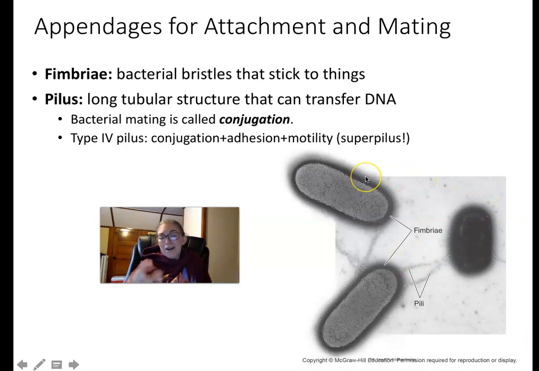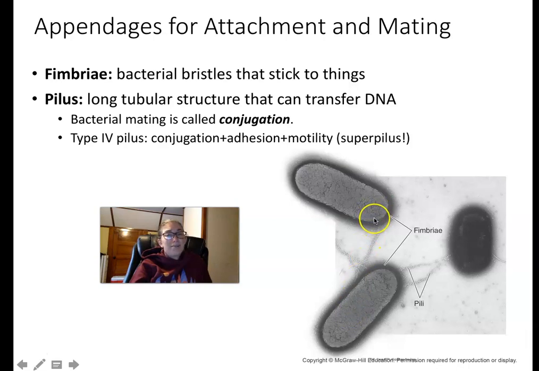So this is like a very, very teeny tiny microscopic bristle material, and it does help bacteria stick to each other and stick to surfaces, if they decide they find a nice place they want to settle down. The pilus is a single tubular structure that they can basically shoot out and use to attach to other bacterial cells. And it's a tube, it's hollow, and they can actually transmit DNA and swap pieces of DNA, plasmids usually,